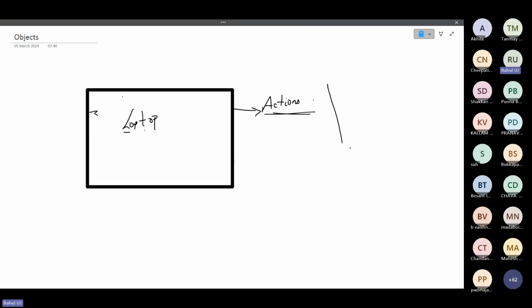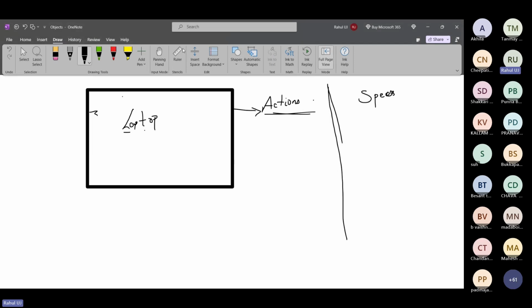And there is another part, something called specifications or specs.